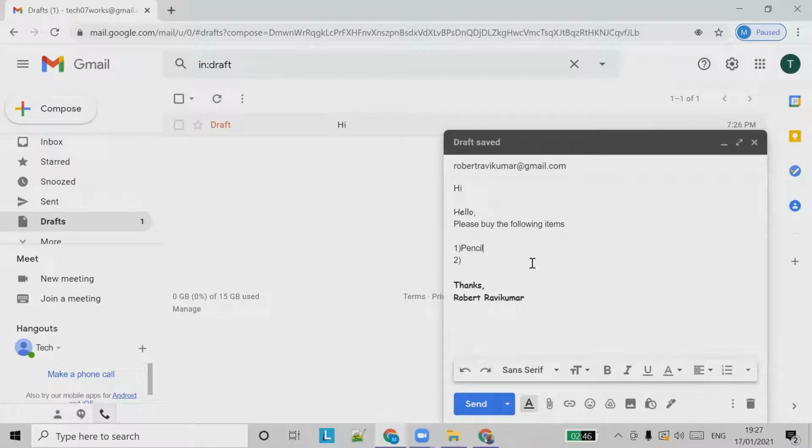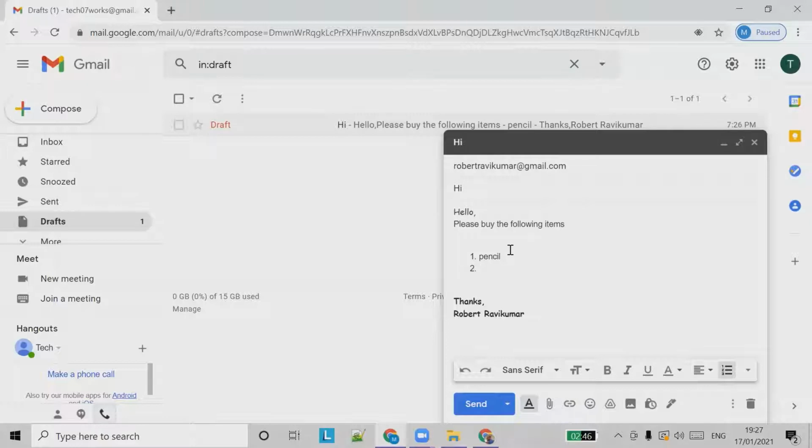Instead of typing those numbers ourselves, we can choose this thing. When you click this, you will have the number automatically populated. So you can type pencil, press enter, and it gives another numbering. So these are all just bullets and numbering.